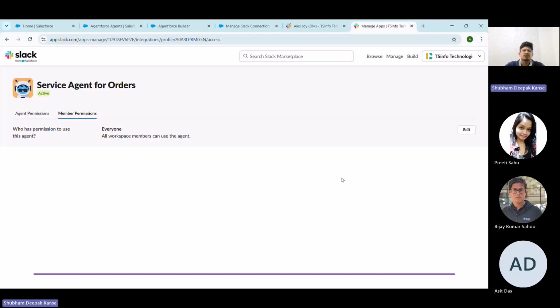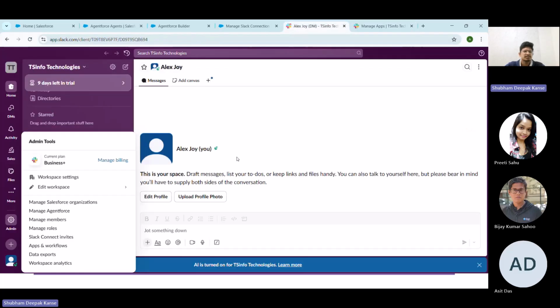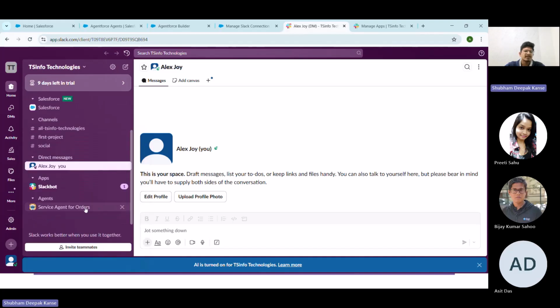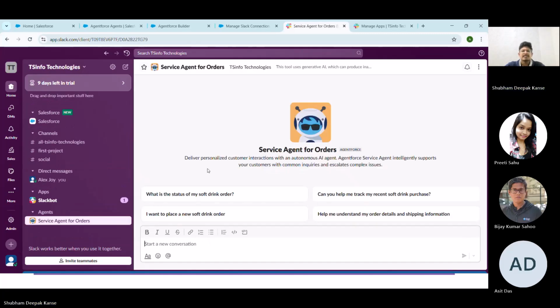So we have given the permission to all users so that all the Slack users can use this service agent. Now again, as I navigate to the home, let me close this one again. And then here you can see this time we can see the Salesforce service agent for orders in the Slack workspace. Now, as I click on this agent and give the prompt, I want to place the order. Then as I press the enter key,